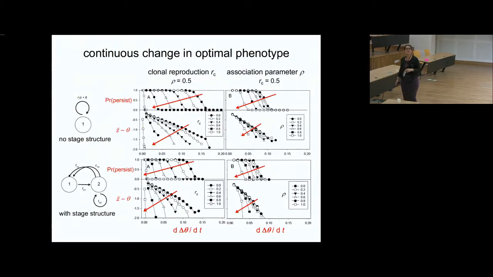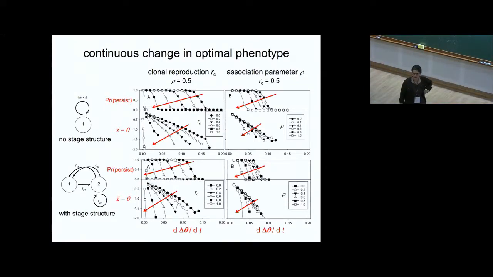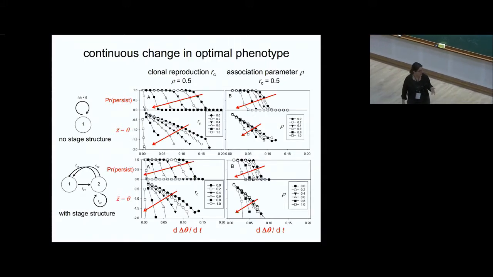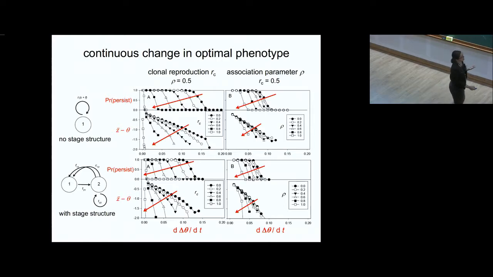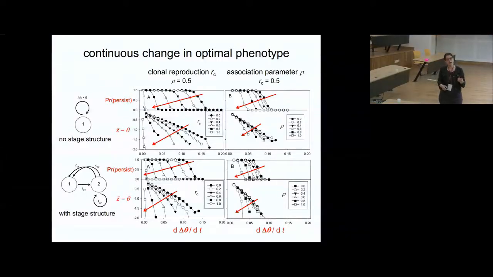So now we have a continuous change in the optimum. So now we don't just change it one time, but we change it every single generation, or every time step, rather. And so this is the rate at which the change in theta happens per time step, increasing this way. And now this is sort of a split diagram. The top part is the probability of persistence, and the bottom is an unscaled measure of lag, of evolutionary lag. It's how far from the optimum the population mean currently is.